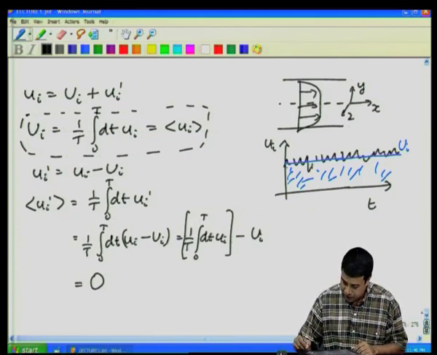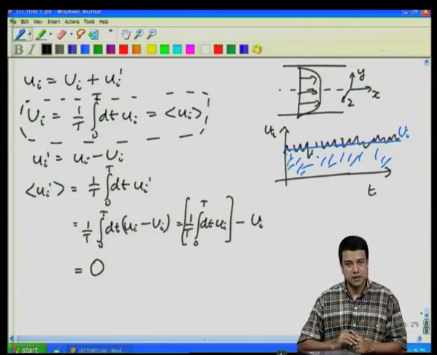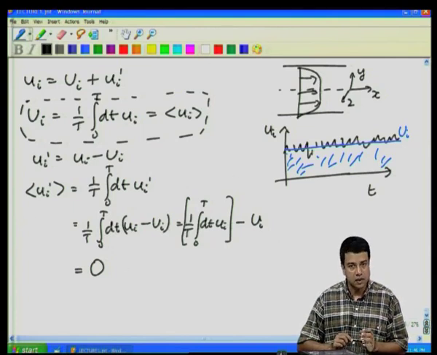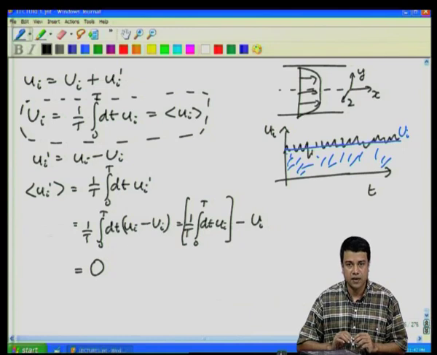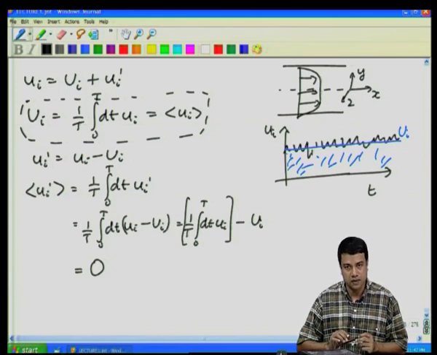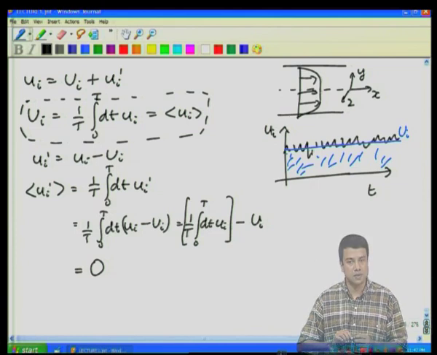So, what I will do next is to take this separation into capital U and ui prime, insert it into the momentum conservation equation and try to see if I can get some closed form equation for the momentum conservation equation for the mean velocity alone. If I can do that, then I can solve for the turbulent flow mean velocity alone without worrying about the turbulent fluctuations. As we will see in the next lecture, you cannot do that quite so simply,